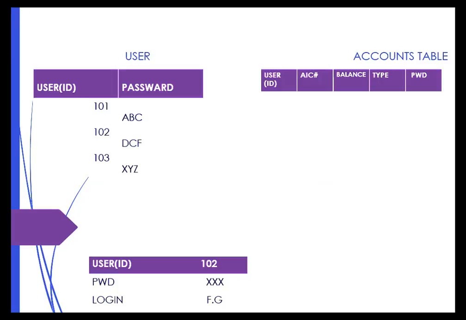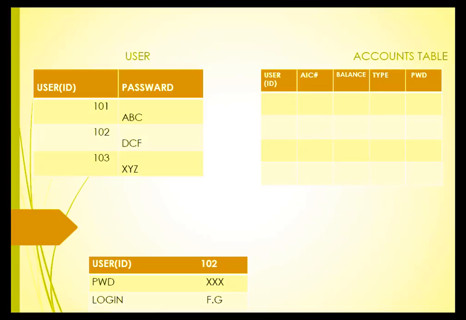In the next slide, you can see that we have two tables. The name of the first table is user and the second is accounts table. The information about the user ID and the password will be in the first table and the accounts detail in the second table. The main data is in the accounts table that we want to access. In order to access the accounts information, we will need to enter the user ID and its relative password. We can use SQL injection to get unauthorized access.